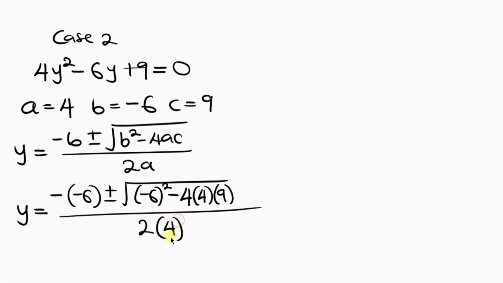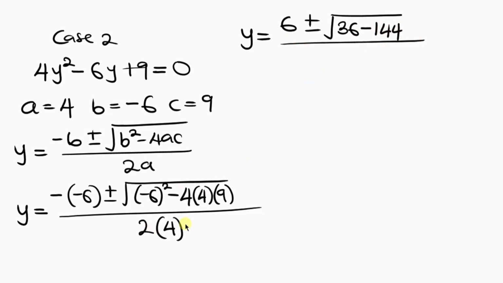Good. And now simplifying further, we're going to have y equal to negative times negative makes this positive 6, plus or minus the square root of negative 6 squared is 36, minus 4 times 4 times 9 is 144, all over 2 times 4